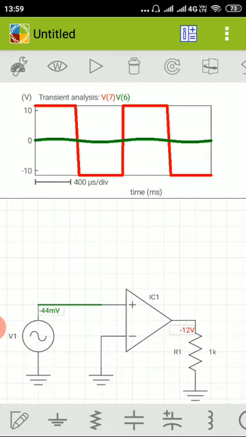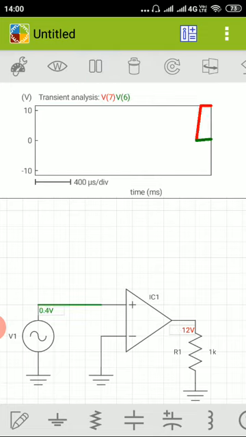You can see here that for a positive input signal we have a positive output voltage. The input is maximum 0.5 volt, and the output is plus 12 volt when the input is positive and minus 12 volt when the input is negative. Once again I can run this.